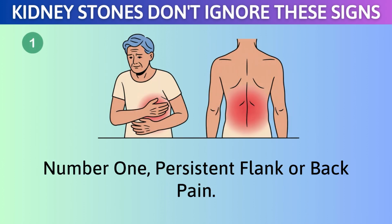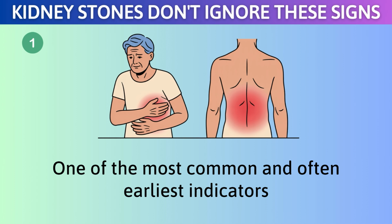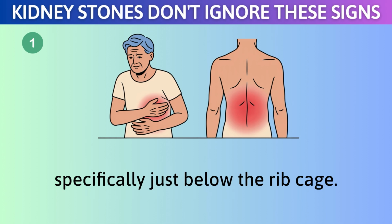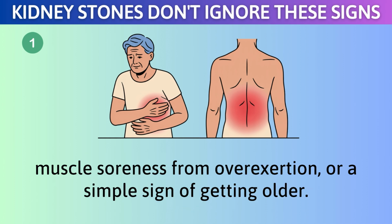Number 1, persistent flank or back pain. One of the most common and often earliest indicators of a kidney stone is a persistent pain located in the flank or back, specifically just below the rib cage. This discomfort is frequently misunderstood or dismissed as a routine backache, muscle soreness from overexertion, or a simple sign of